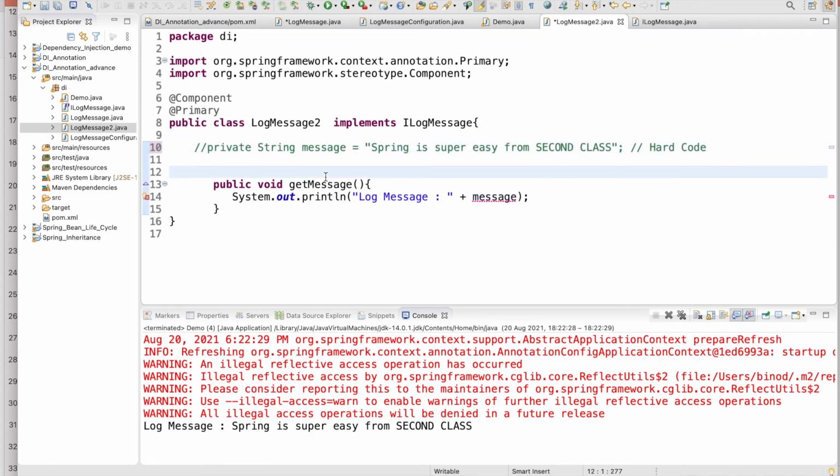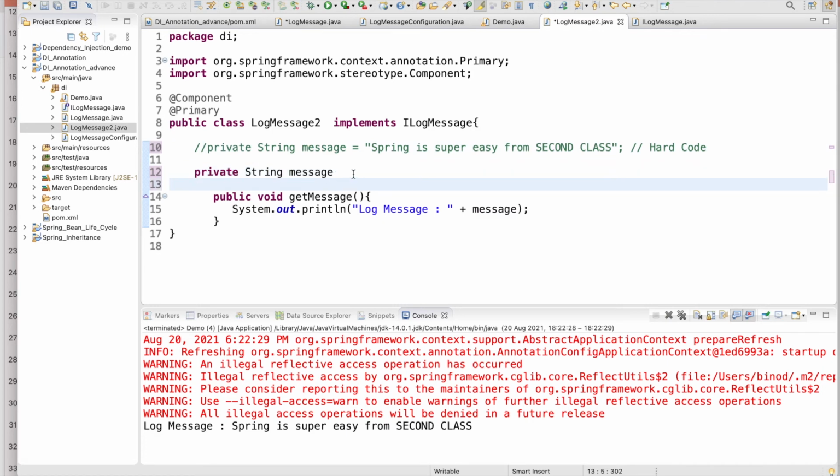Remember when you were doing it through the XML dependency injection, I used to pass the property argument or the constructor argument. We can do that here also, right?